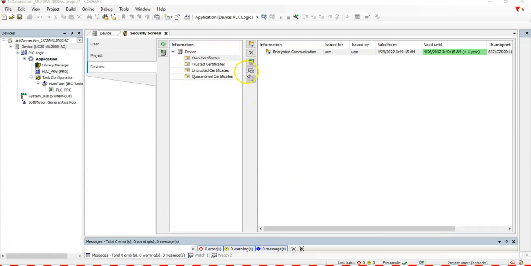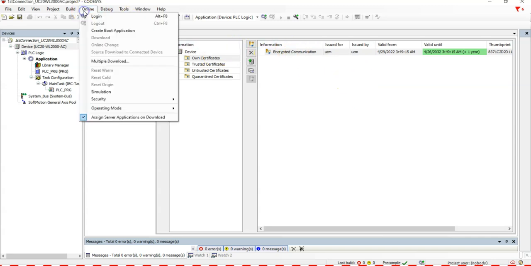I'll talk about these certificates more in a later video, because if you're using things like OPC UA, you may well need some sort of certificate to ensure extra secure connectivity between the PLC and the OPC device, maybe an HMI. Certificates are just a more secure way of creating a connection between devices, a higher level than just using a username and a password. Okay, so that looks alright now. If I go back to online and log in,